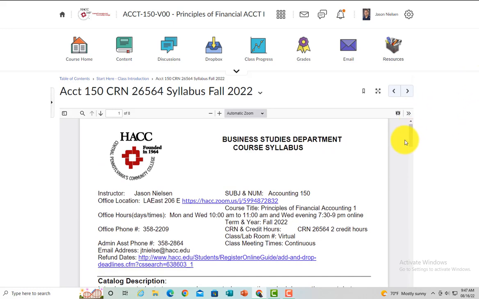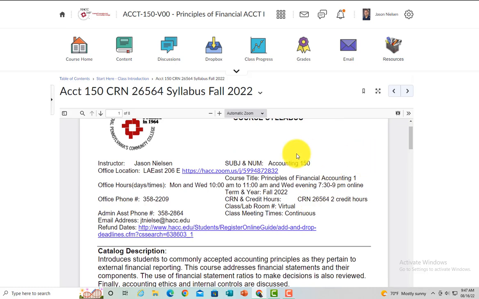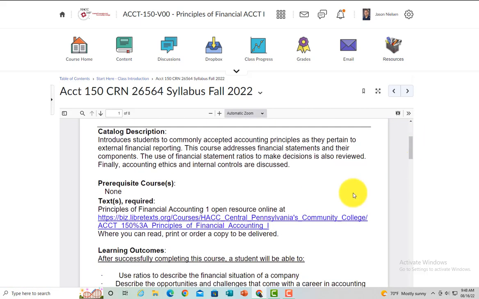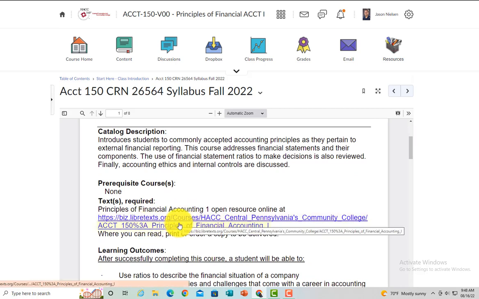So here is our syllabus for this semester. Office hours are Monday and Wednesday 10 to 11 a.m. and Wednesday evening 7:30 to 9 p.m. Then there's the CRN number and some phone numbers you could use if you need to. The deadlines for refund dates are a link here in the syllabus, along with our catalog description and a link to our free